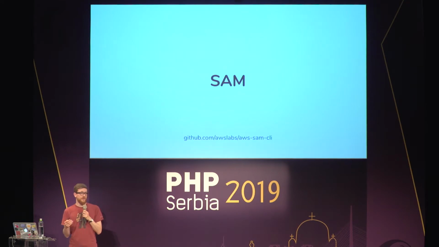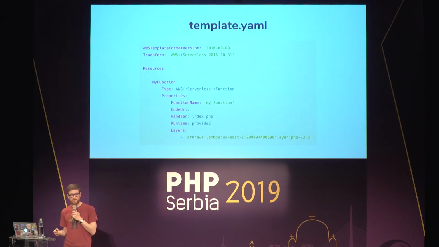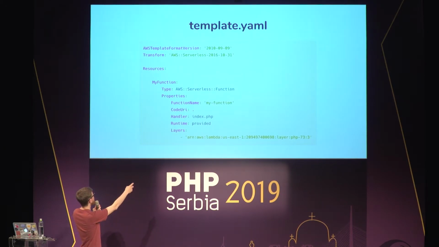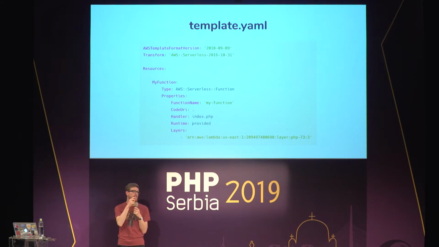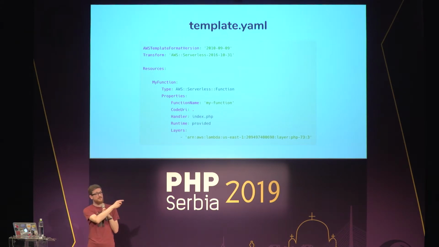And the way you use it is that you write a YAML file where you configure what you want to deploy. I'm not going to go into the details because at first it's a bit weird, but I have a whole documentation that explains it. If you want to dig into it, that's fine. What's really important here is that you create a function and you set a handler. And the handler is like index.php. It can be public/index.php. It can be anything. It's the entry point of your application. And it's basically the same thing as when configuring Apache or Nginx.